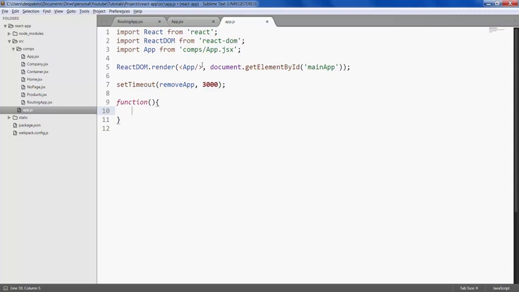Just like how we render app component to the DOM's main app div, we have a method called unmount component at node, and we need to give the div from which we need to remove our component, which is a main app. Okay, save it,